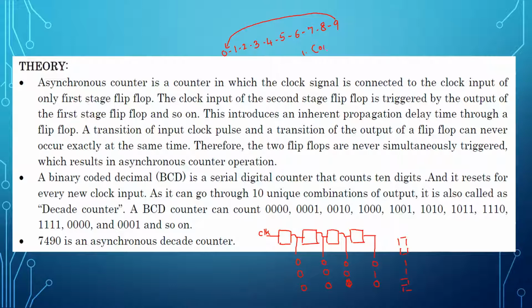We get ready-made counter ICs here, not like the previous experiment. In the previous experiment, we had built the counter using flip-flops, right? But in this case, a ready-made counter IC is available, the 7490, and we need to use a decoder IC, the 7447. So I need to be using two ICs here.